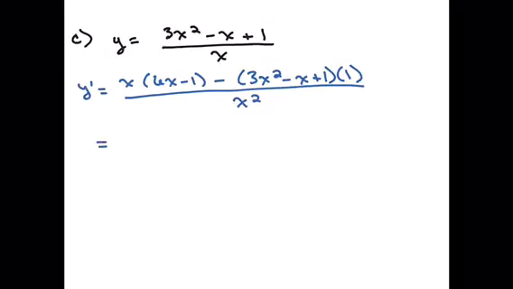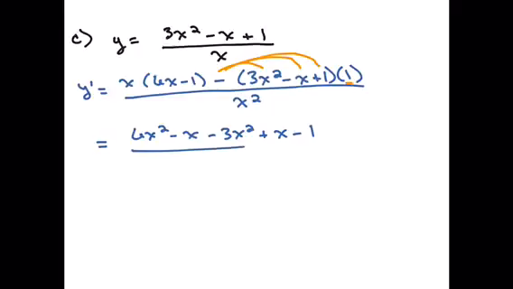So if I distribute, I'm going to get 6x squared minus x, and since I'm only multiplying by 1 over here, I can go ahead and distribute this minus, and I get minus 3x squared plus x minus 1 all over x squared,